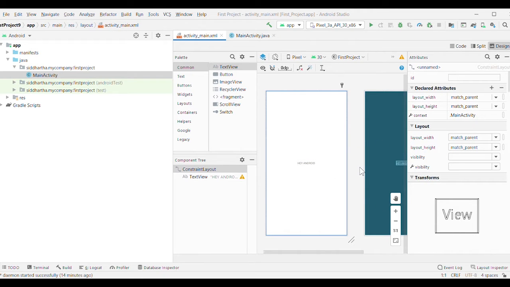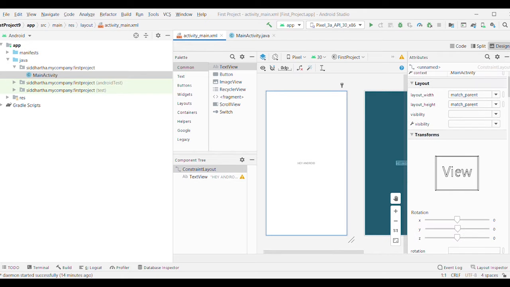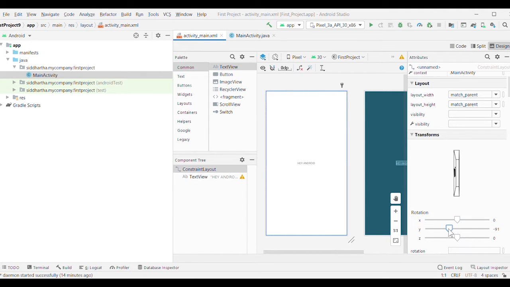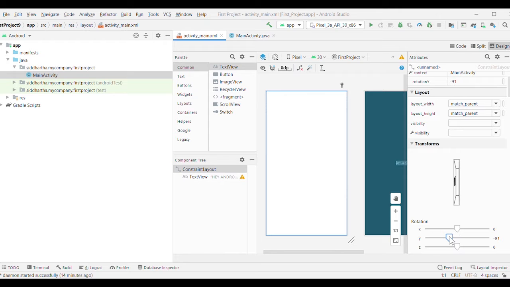Now we shall talk about the rest of the attributes which are important with respect to today's video. This is view. You may change its view. It may align on the X axis or on Y. So you can see it is aligned a little bit towards the Y axis.